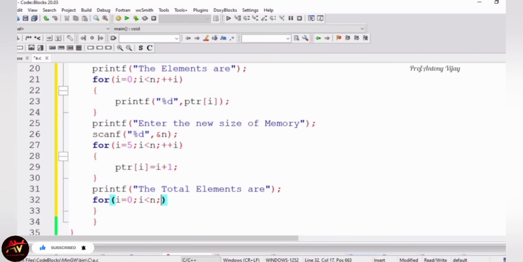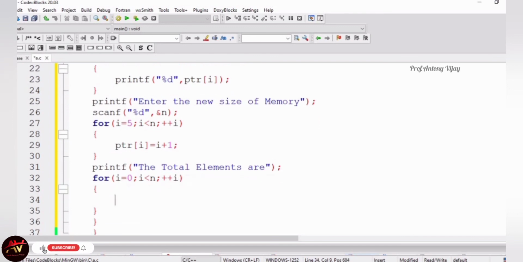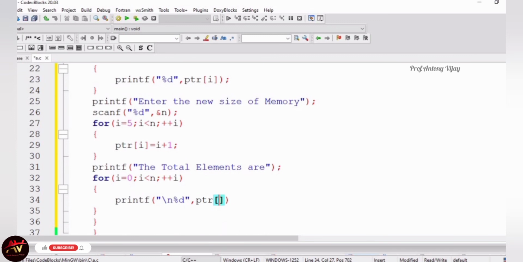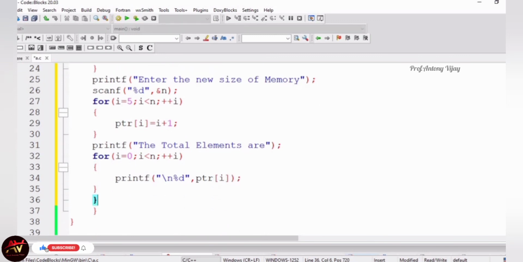So plus I here. Now I am using printf /n %d comma ptr of I. So it will print out all the elements in it. Okay, this is what the concept.